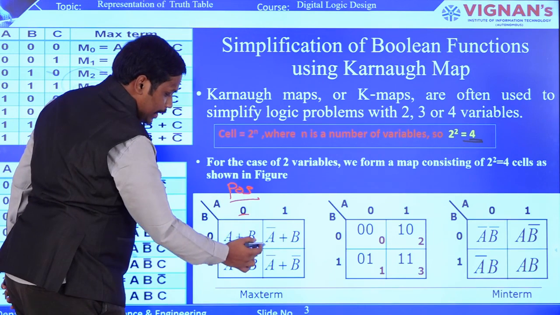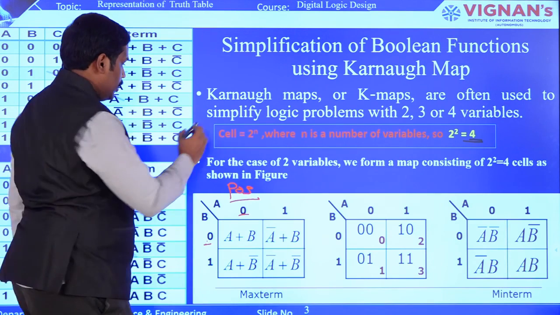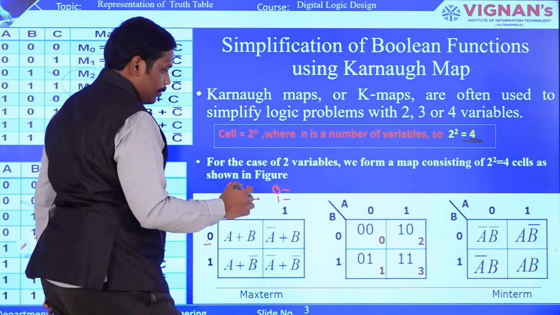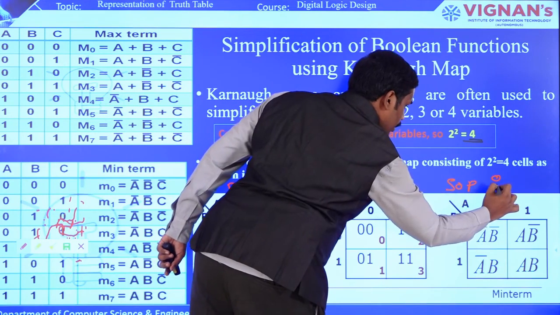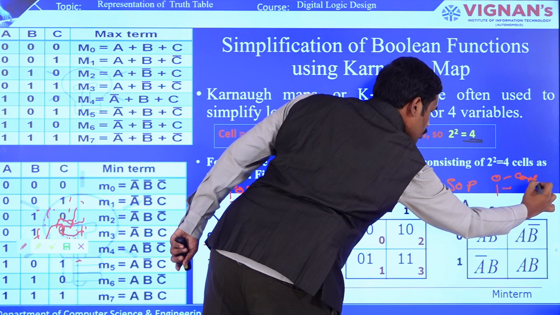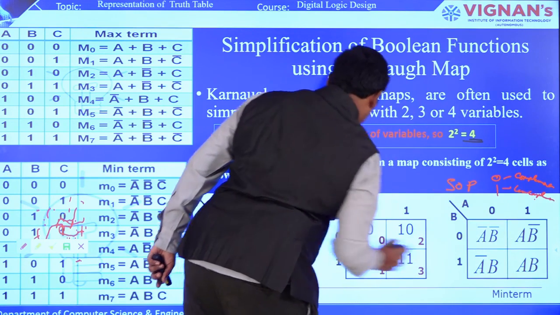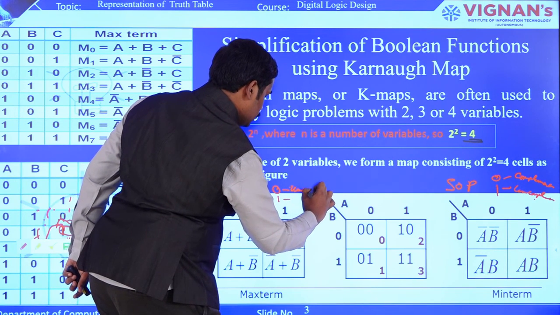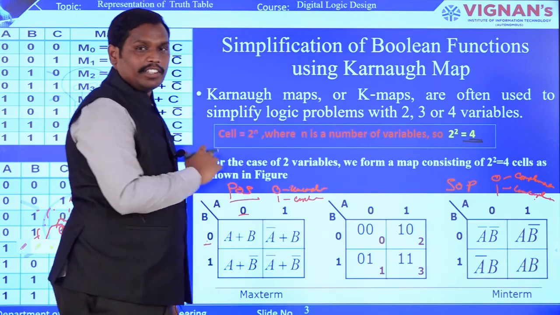Now it is 0, 1, then it is called A bar, because generally in POS we represent 0 and 1 like this. This is for SOP and this is for POS, and here 1 and 0 are represented as complemented and uncomplemented form, but it is reversed. That is complement, so it is uncomplemented. This is complement form. So that is a reverse in SOP and POS.